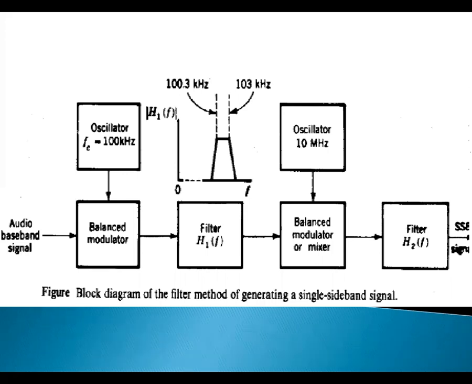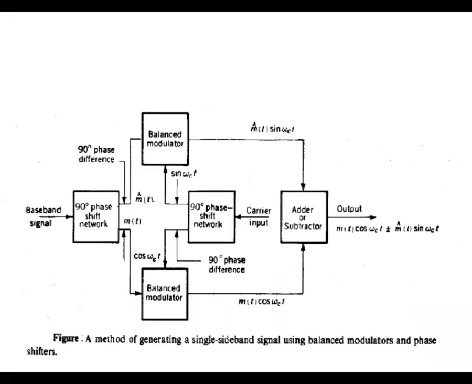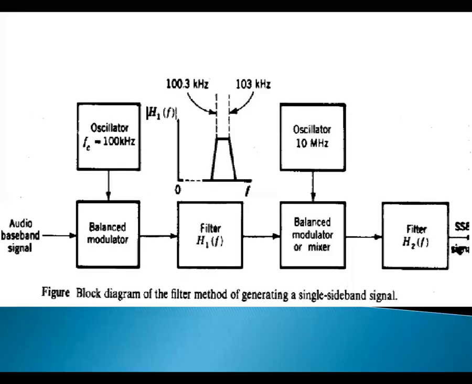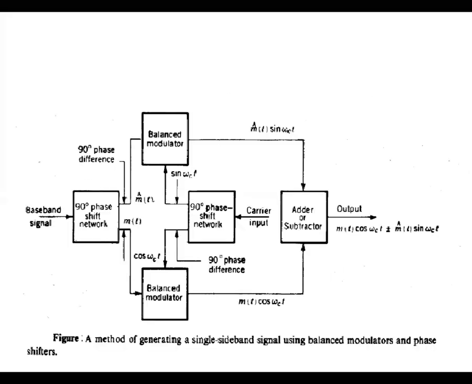Students, please practice the block diagram, and you have to write your own notes. Okay, that is the first one. The second one is the phase shift method. The limitation of the first method is that maintaining the filter responses two times is very complex. Later you have to discuss the comparison of all three methods. Now the second method of generation is the phase shift method.